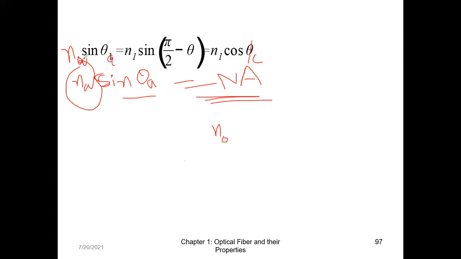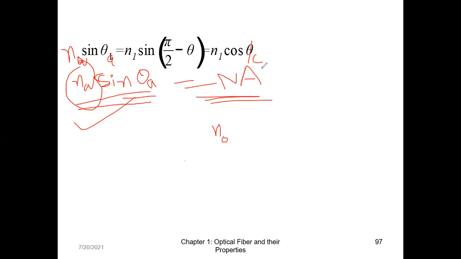So what we have to do is, if nw is retained here, then the definition of numerical aperture, now when my fiber is in water, will be nw sin theta a. So my definition of na altogether will change. So don't try to modify the previous one. I hope you are understanding. Yes, ma'am. There we defined sin theta is equal to NA with that definition. It did not come from any formula because NA we are defining it.